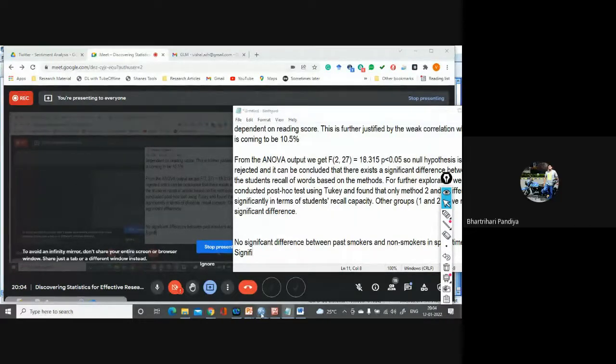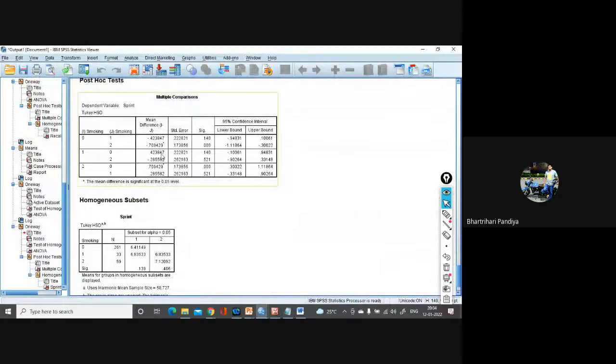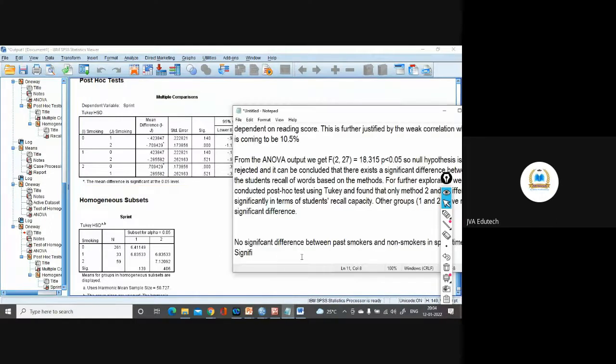Here, between non-smokers, sorry, past smokers and current smokers, no significant difference.